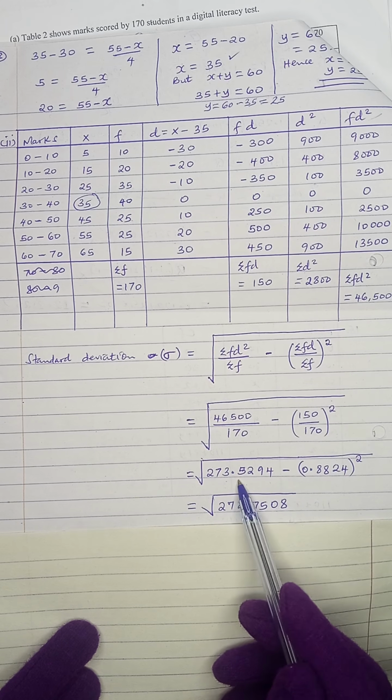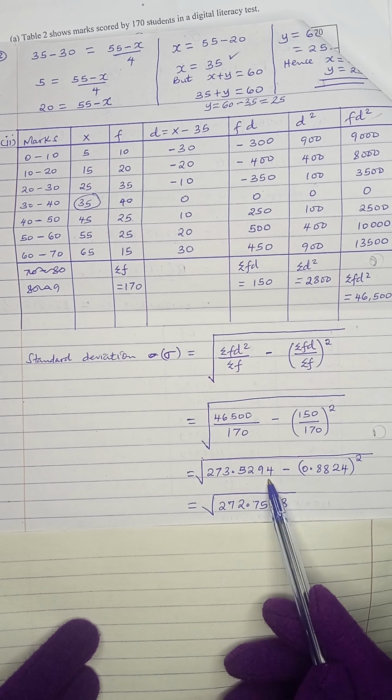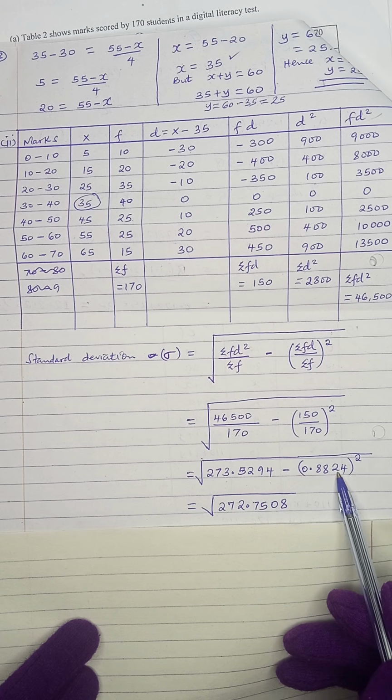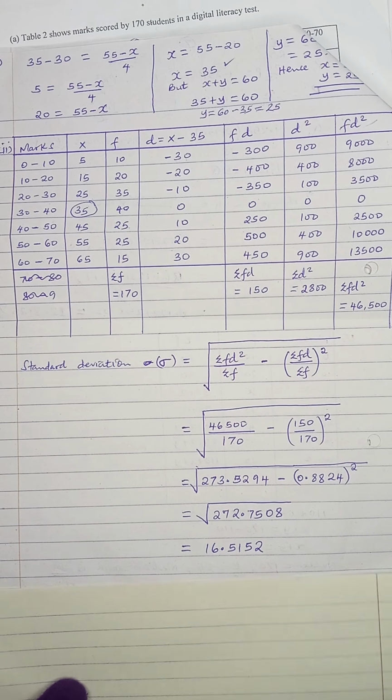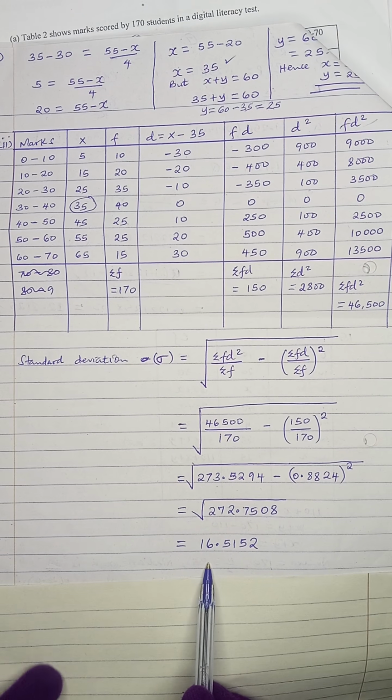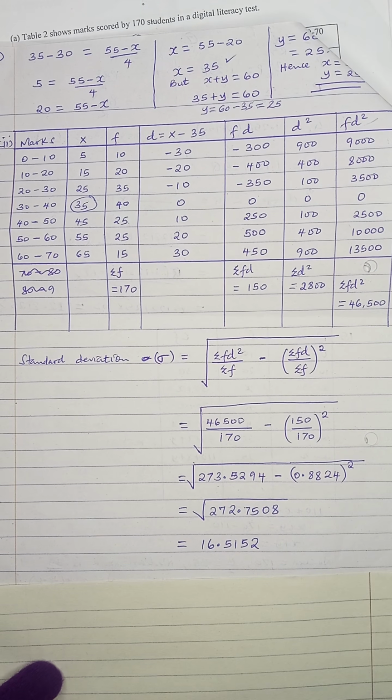So here I got 273.5294 minus 0.8824 squared. Then when I subtract, I get this. When you find the square root, that gives you the standard deviation. So that is how you work out